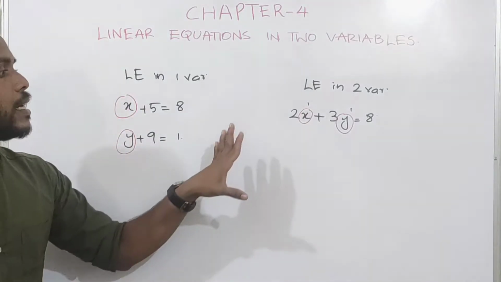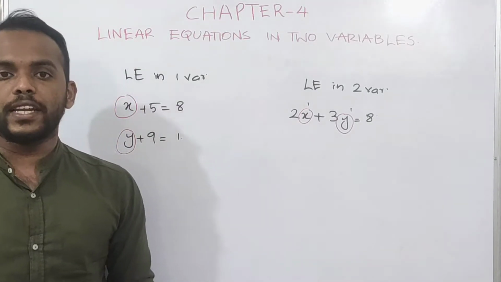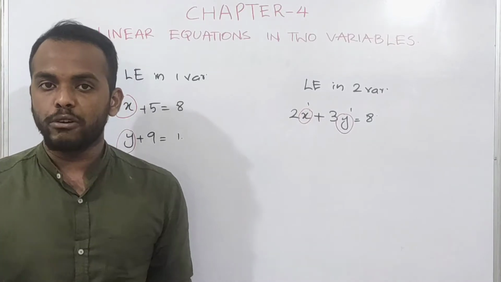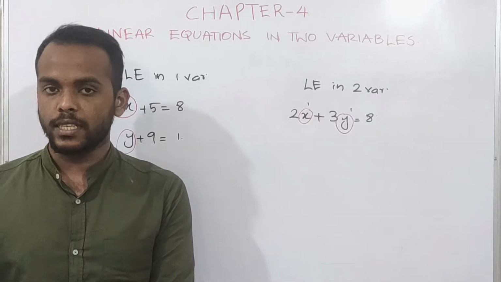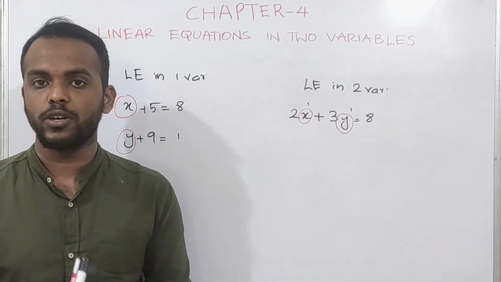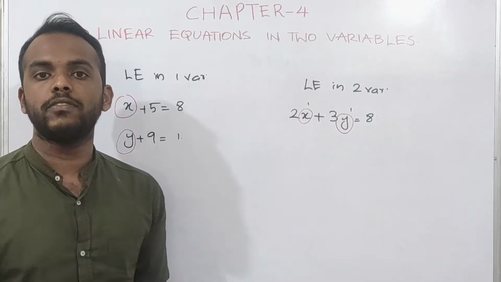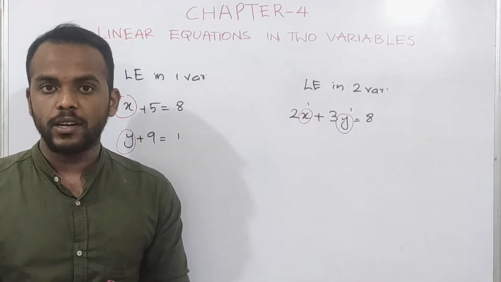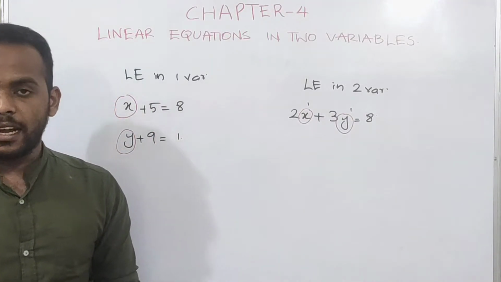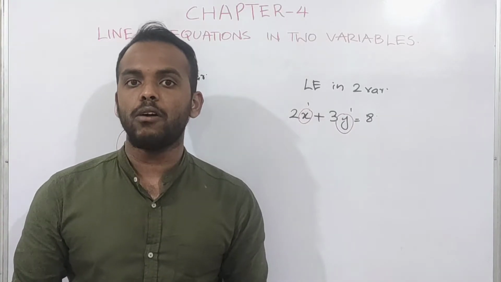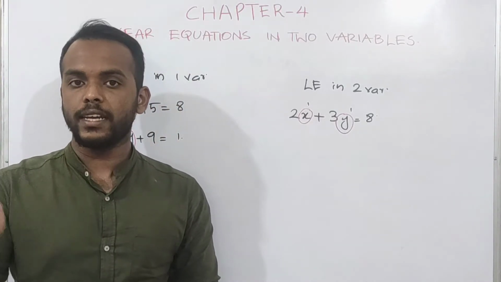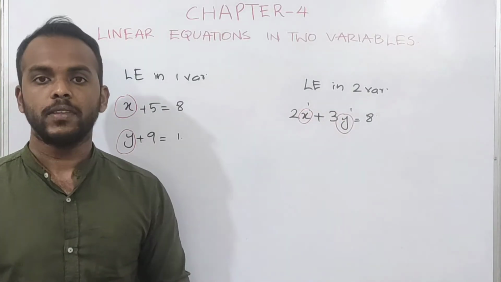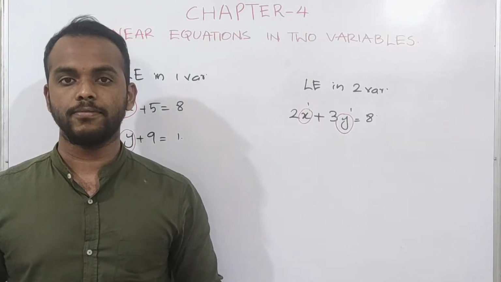Now we will see how a standard form of linear equation is written. Also how to write any given equation into the general form of linear equation and find corresponding values. Then in this chapter we will learn how to locate these equations in a Cartesian plane. Do you remember what's a Cartesian plane? In the last chapter, coordinate geometry, we learned how to plot points in a Cartesian plane. We will learn all these things in detail in this chapter. So let's move on to that.